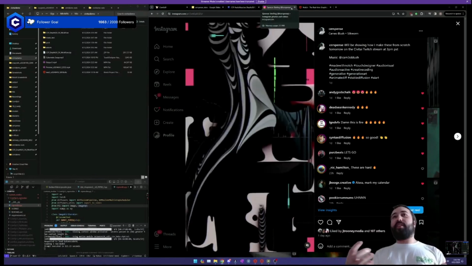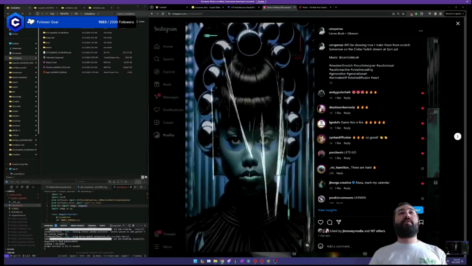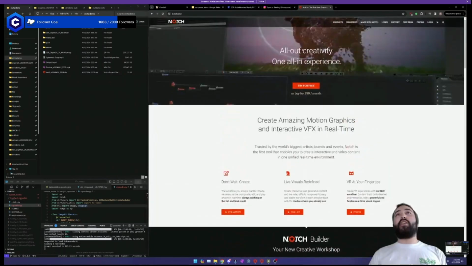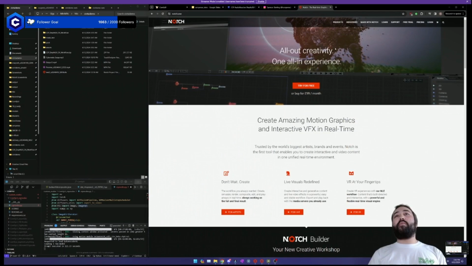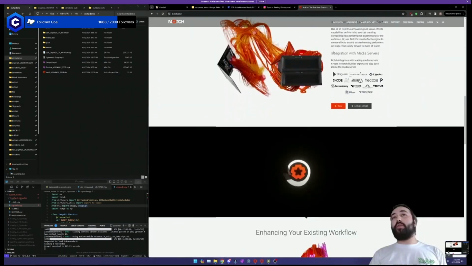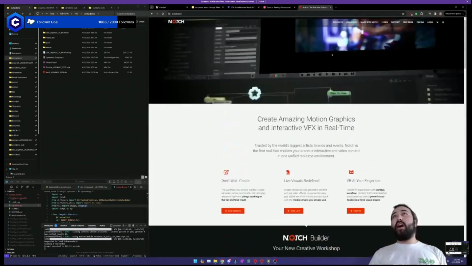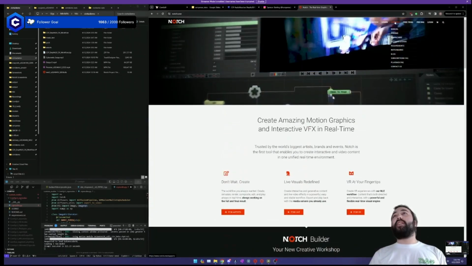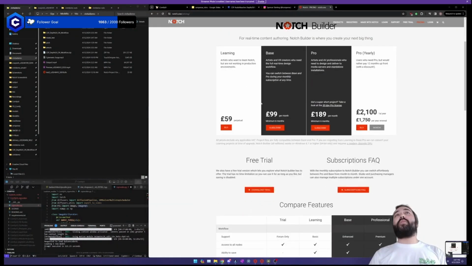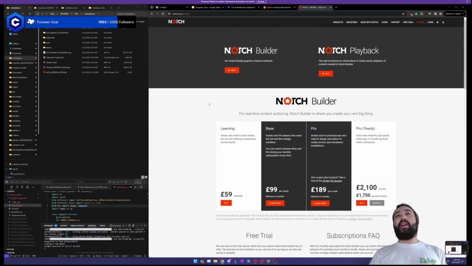And then once we do that, I'll show you the full system I use. I'm not going to be able to build everything from scratch, but we're going to get as far as we can. So first off, I'm going to start off in Knotch. Knotch is real-time visual effects and graphics software that's used for a lot of the biggest tours in the world. It is not very free at all. It's kind of expensive, unfortunately, but there is a learning version that is reasonably priced, about $75. You can use that to learn it and save your projects, but you can only export with a watermark.